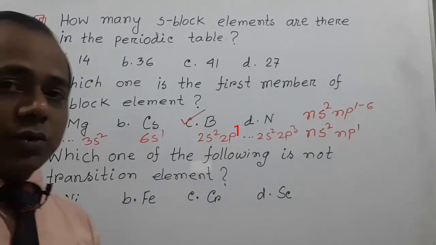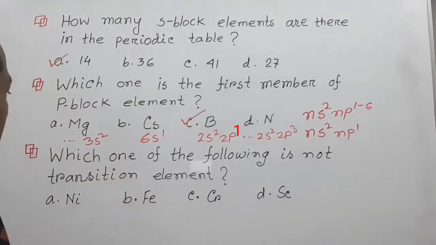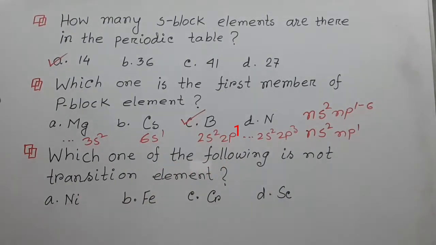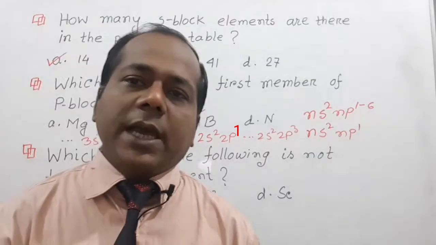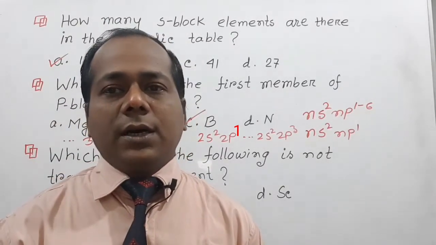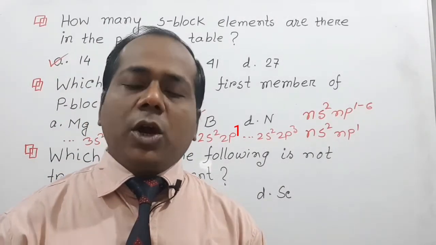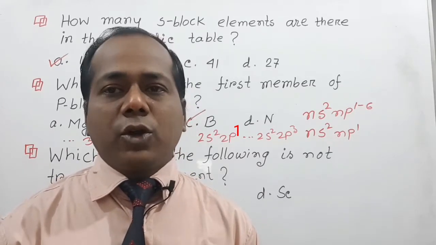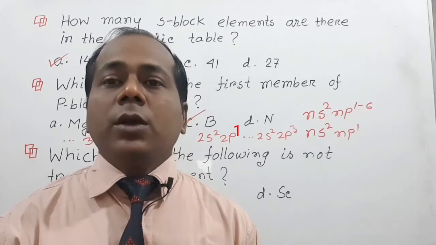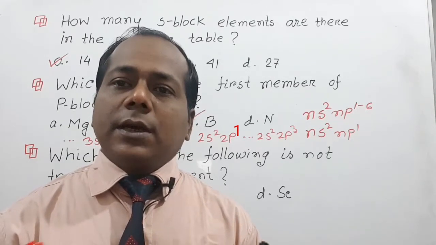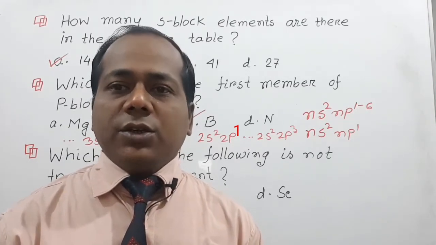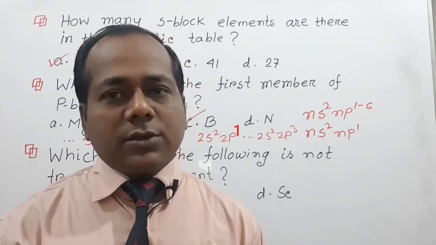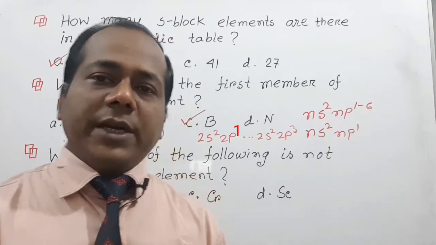Now my dear students, our third question: which one of the following is not a transition element? So my dear students, at first you have to know what a transition element is. The D block element which has at least one stable ion containing partially filled d orbital in its outermost shell is called a transition element. So my dear students,